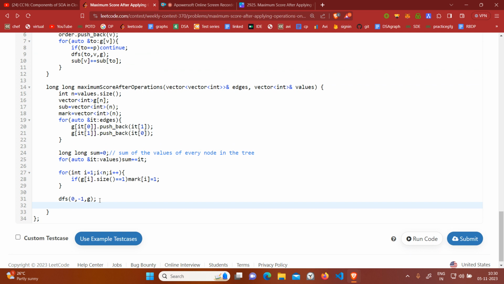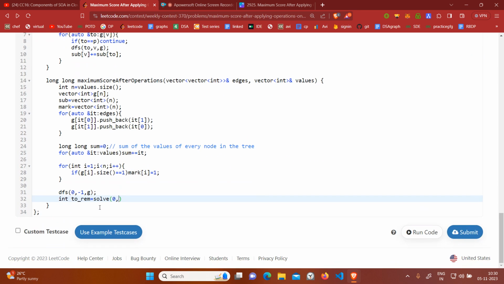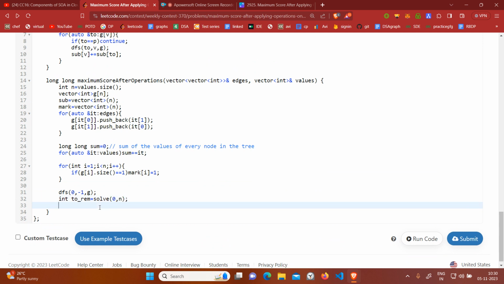And now let's move on towards the to remove. Means the number of this will be the sum of the nodes' values which I have left, means which I have not included in my score variable. So solve of 0, order vector, no, there is no need to pass because I have created it in. Then return sum minus to remove,